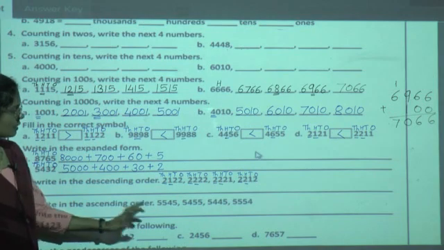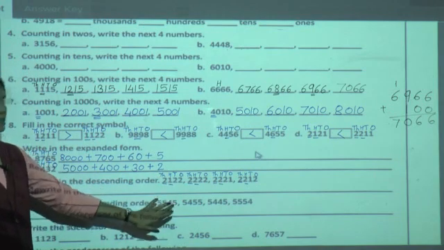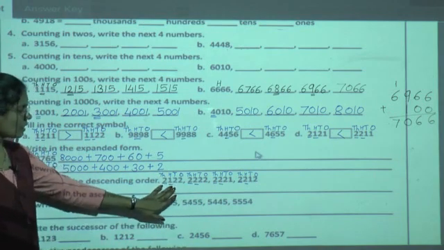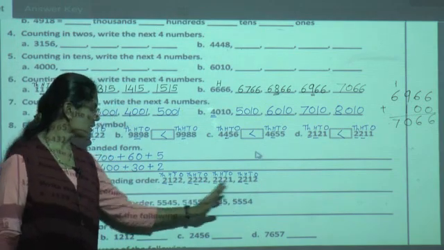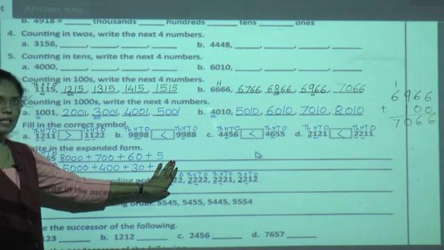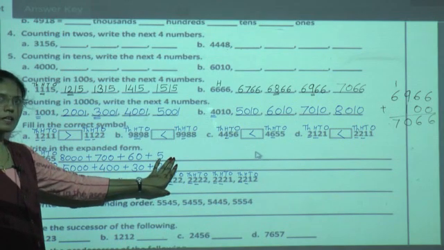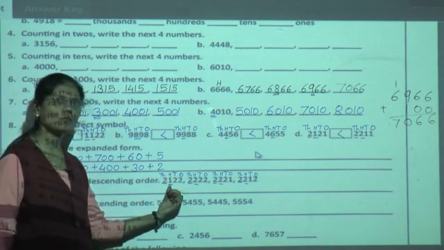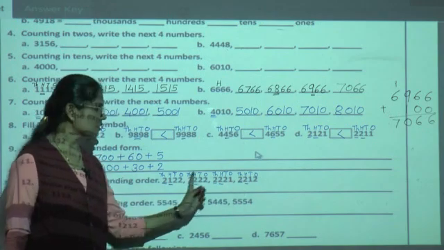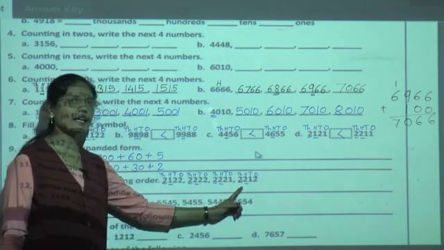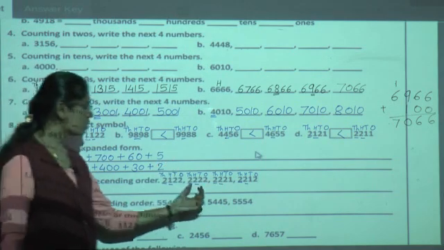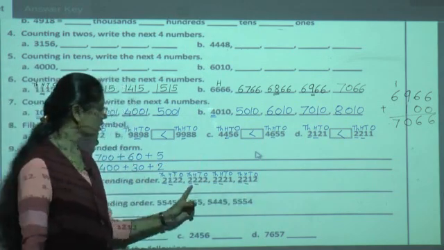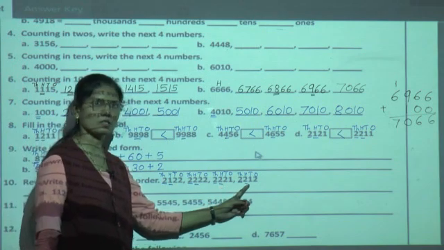Okay. Then we have to find the first greatest number. So here 1 is there and everywhere in these 3 numbers 2 is there. So we will not take this number now. We will take this number later. Why? Because here 1 is there and 1 is smaller than 2. In the remaining 3 numbers 2 is there at hundreds place. Now see these remaining 3 numbers. Here 2, here 2, here also 2 is there.